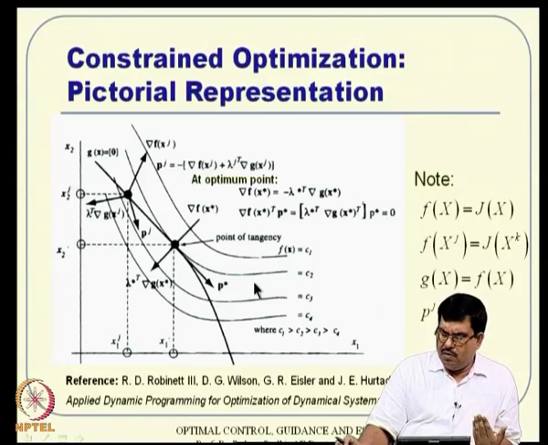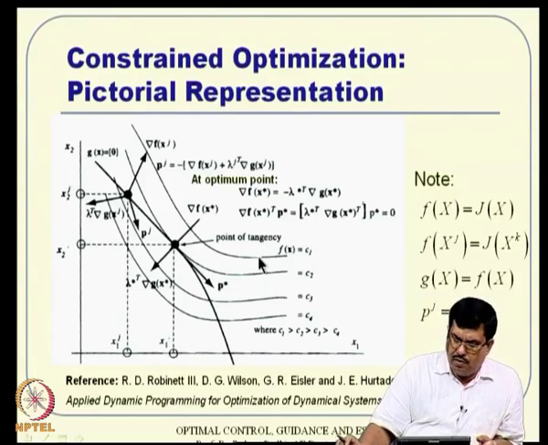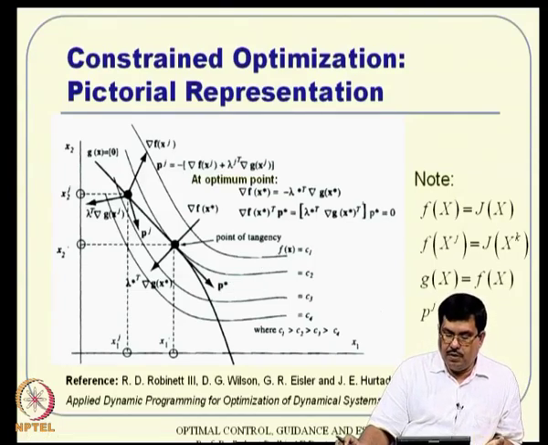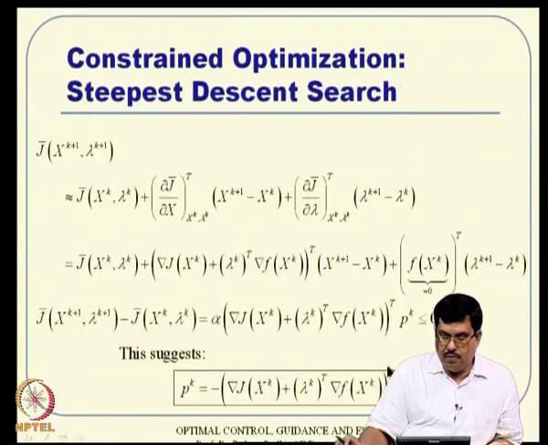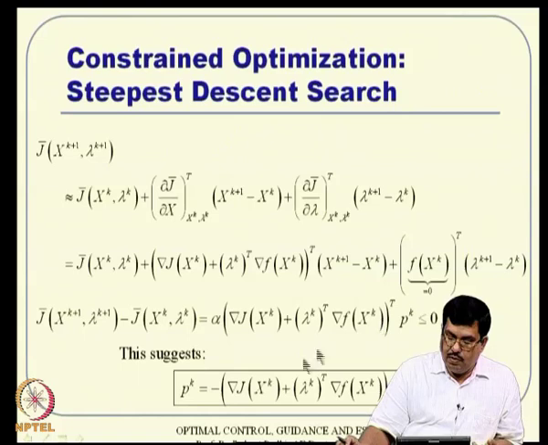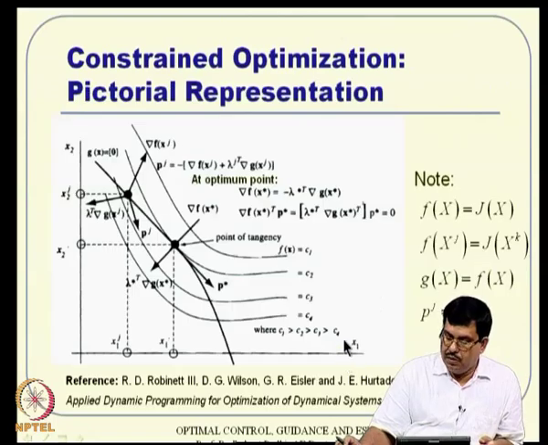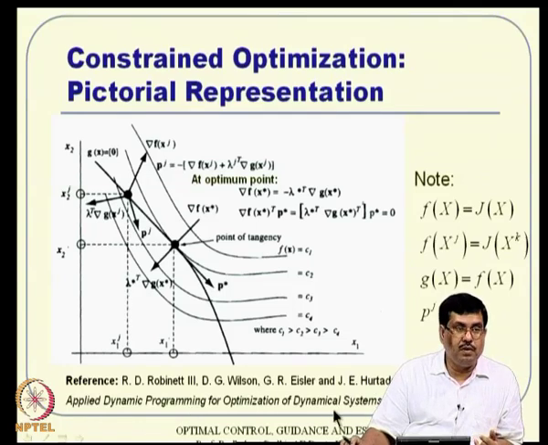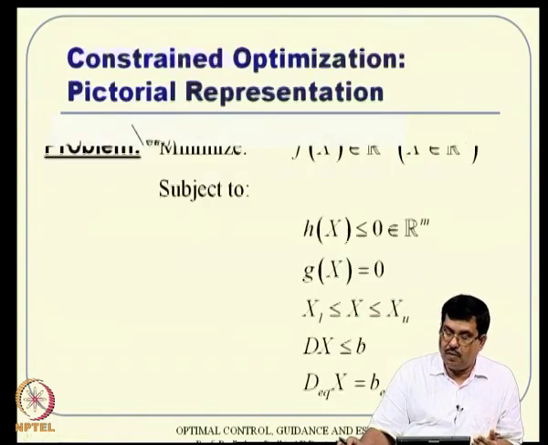These are geometric interpretations, which are numerically much more meaningful, but in this particular course you can just remember that P k happens to be like this, and you can keep on continuing your search until this quantity goes to 0. If P k itself is 0, that means there is no more search direction that way. Again, for more explanation you can see this particular book. It is a typically good book for dynamical systems optimization, where you talk about dynamic programming and all in detail.